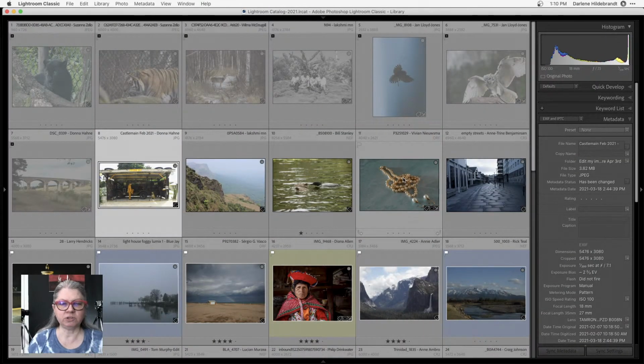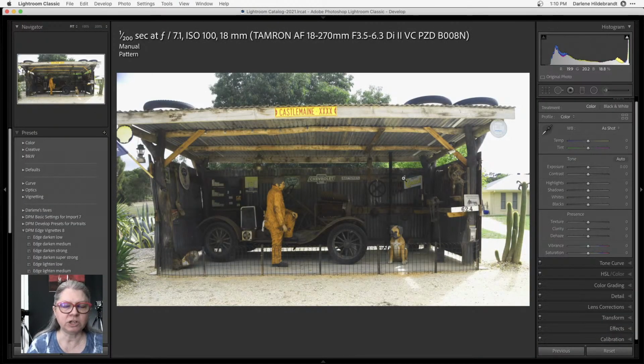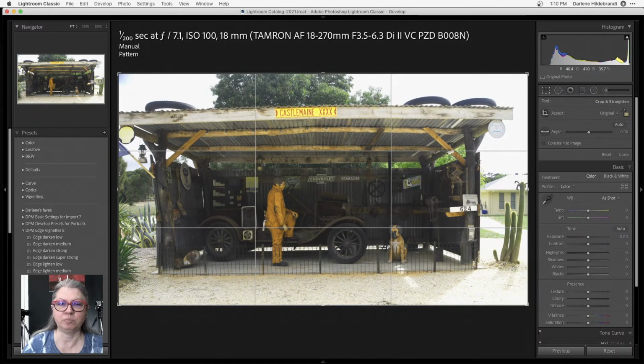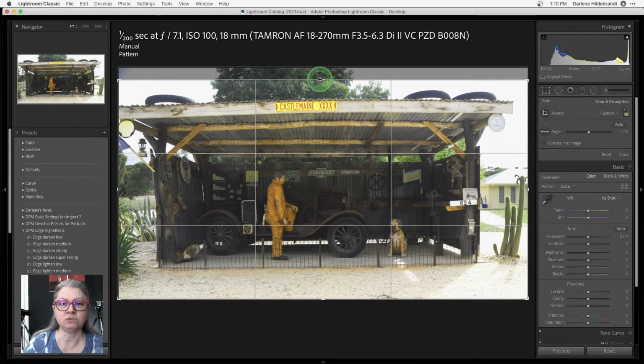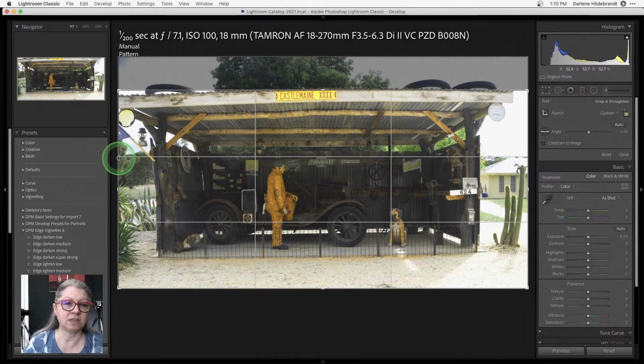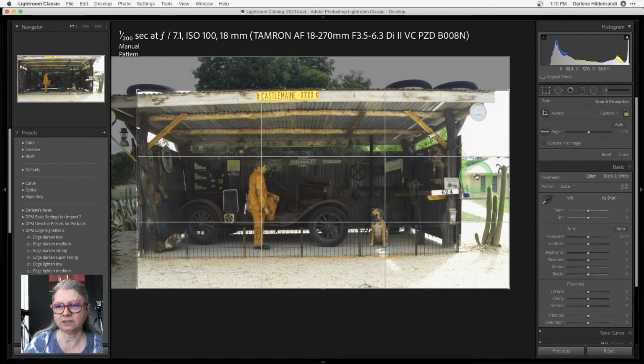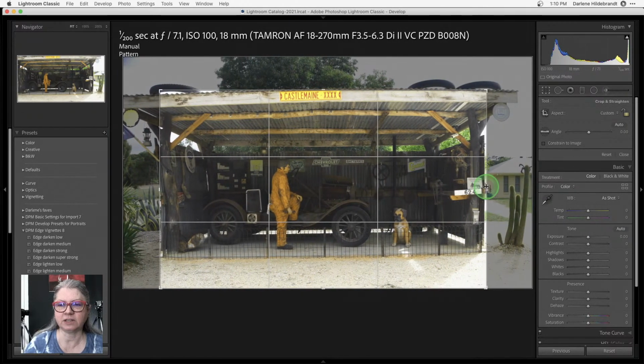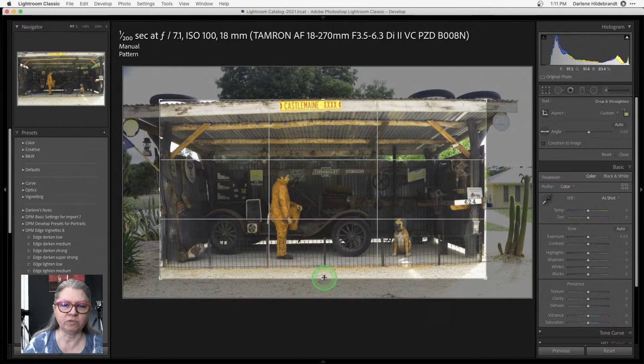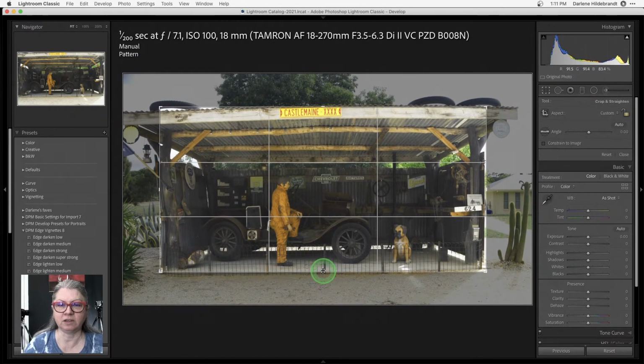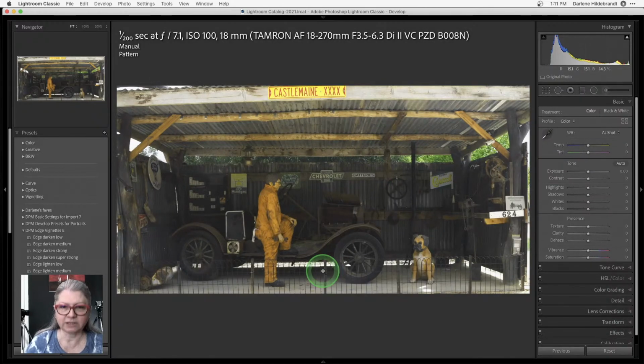And the last one, I'm going to look at a couple more in terms of ones that I didn't choose to edit, because there's not really much I can do here to improve the image, okay? So the idea behind image editing or processing is that you want to use it to enhance what's already there and not fix something, okay? Occasionally you could fix things like removing things from the background, or like here I'm trying to crop it, okay, because there really is the picture that you wanted to take.